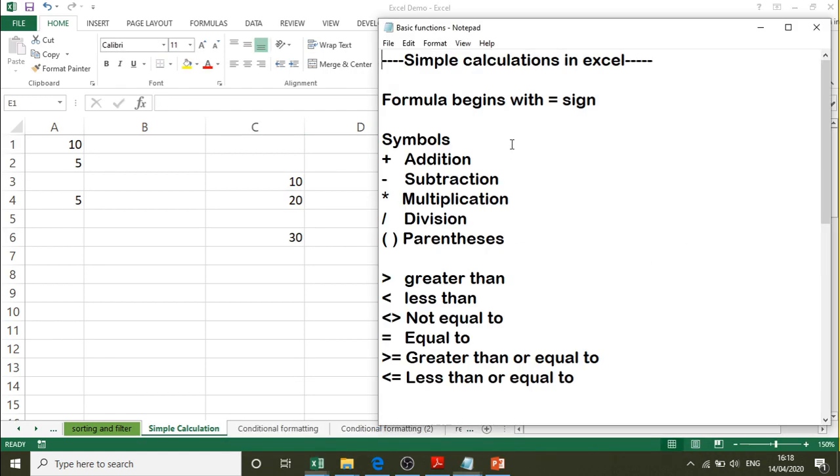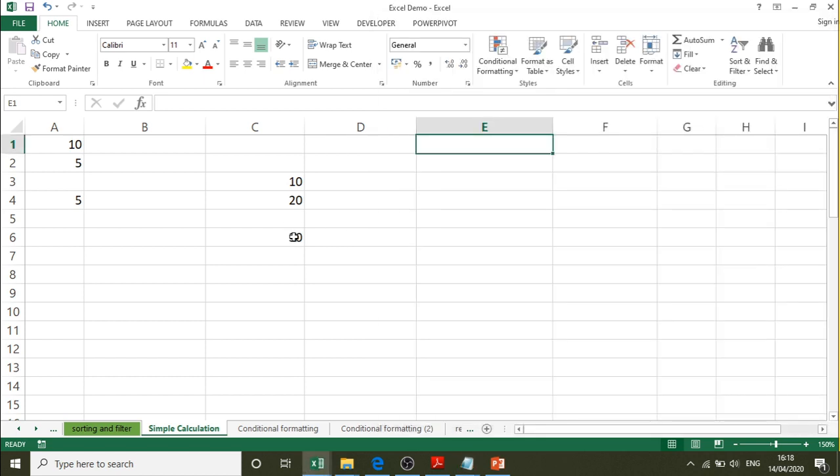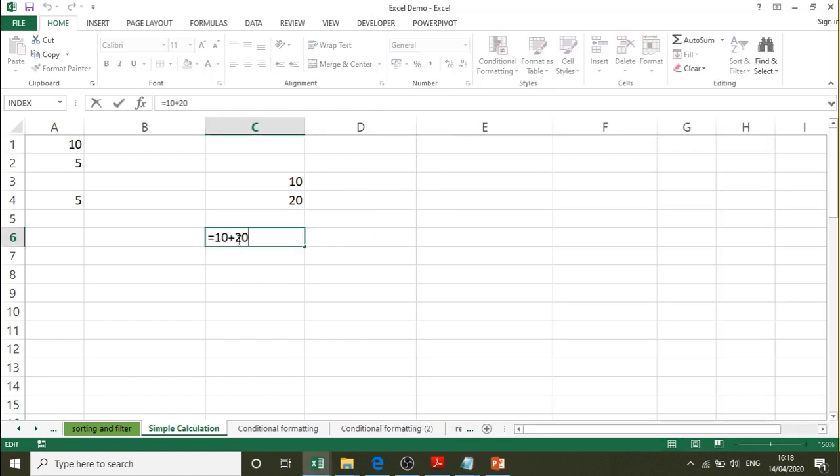Excel supports addition, subtraction, multiplication, division, and you can also use parenthesis. These are all the symbols that are supported for calculation, just like how you work on your mobile phones. So this is one method wherein you are directly typing the values and using the symbol, whether addition, subtraction, multiplication or division, and arriving at the result.